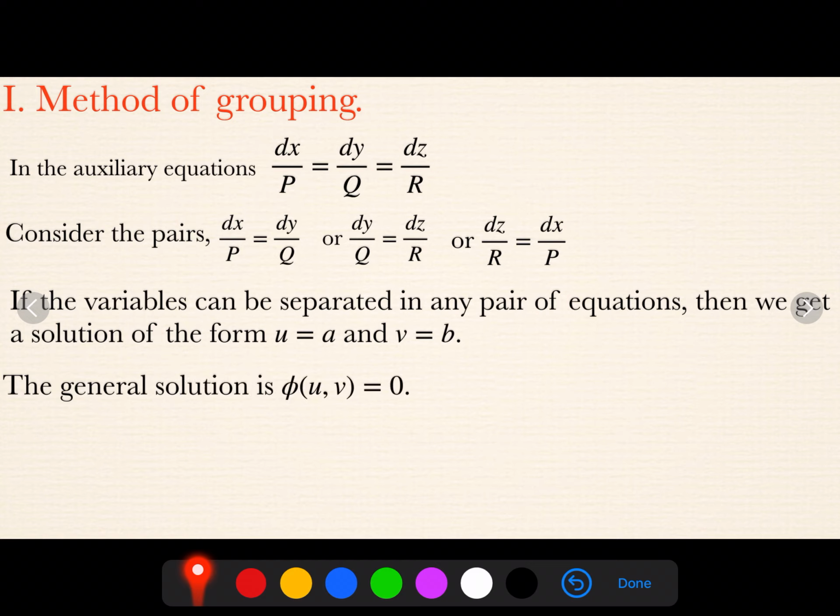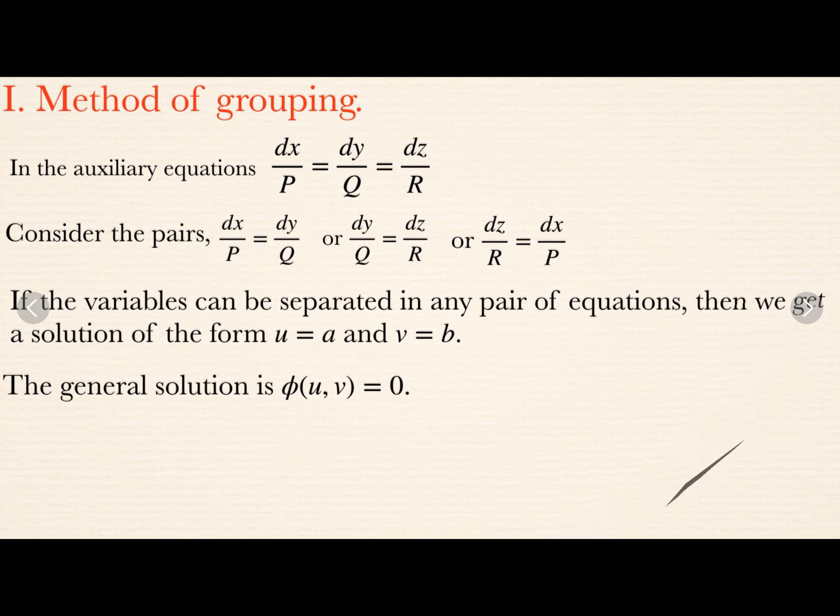One more time I am repeating, listen carefully. While integrating with respect to x, y and z are not constants. So when you start the integration, the coefficient of dx should always be a function of x only, the coefficient of dy a function of y only and the coefficient of dz a function of z only. Only then start the integration process. If the variables cannot be separated, we are going to use the other method, which I will explain in the next video. So we will discuss the problems.